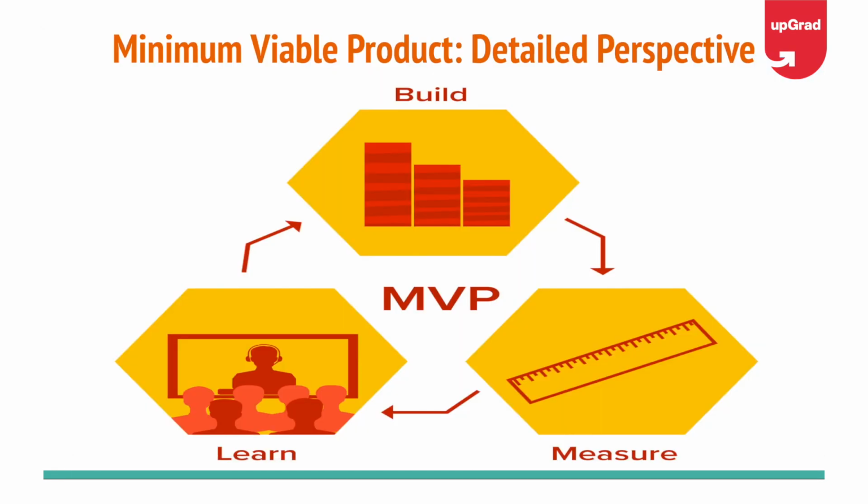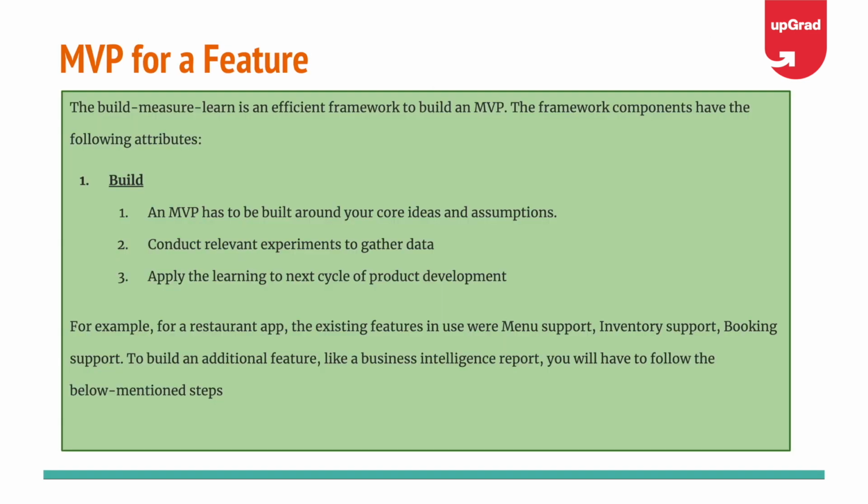So far, we have looked at minimum viable product at a basic level. Going forward in this part, we will try to understand MVP from a more detailed perspective. We will look at MVP for a feature. MVP for a product is essentially when, let us say you are a startup and you are trying to start a new product or build a new product, you will use MVP to even build your product out. Or you may be an existing company, but let us say you are trying to build a new product in a new area altogether. Like for example, when Amazon tried to launch AWS, that's a totally new product.